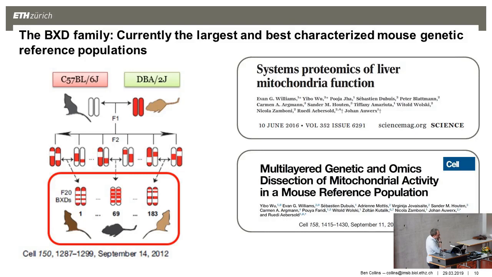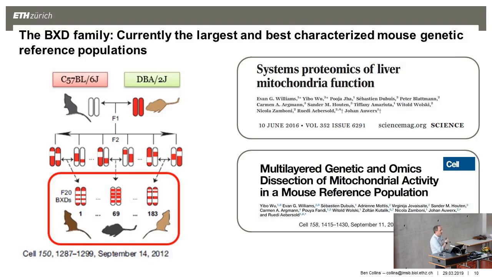Yibo Wu in the Eversol lab, is this BXD mouse collection. This is currently the largest and best characterized mouse genetic reference population. Essentially, they take two laboratory mouse strains, C57 and DBA strains, and they do a lot of complicated breeding, which I frankly don't understand, but they end up with a very well-defined set of 183 mouse strains, which are very well genomically characterized, and these mice can then